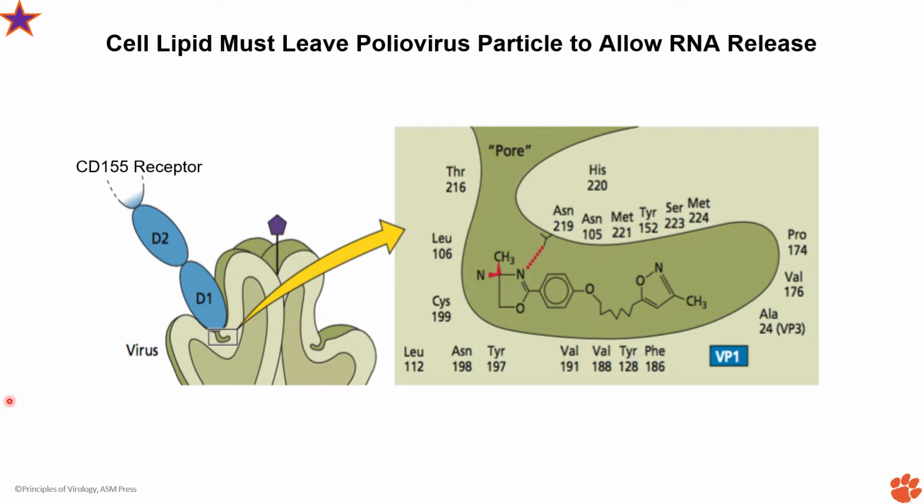All right, so just to know the mechanism of that. Here is another question: what is the mechanism? In the canyon where the receptor CD155 binds, underneath this canyon there is a pocket. If you carefully look at this pocket, it is very hydrophobic, and you can see the aromatic rings. Suppose we ask a question: you have developed a hydrophobic drug and you put that drug in that place. What will happen? If the drug sits in there and doesn't leave, it will not allow the viral infection, because it will not allow the